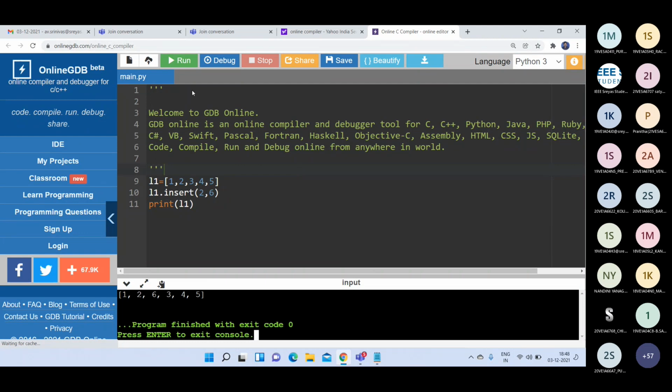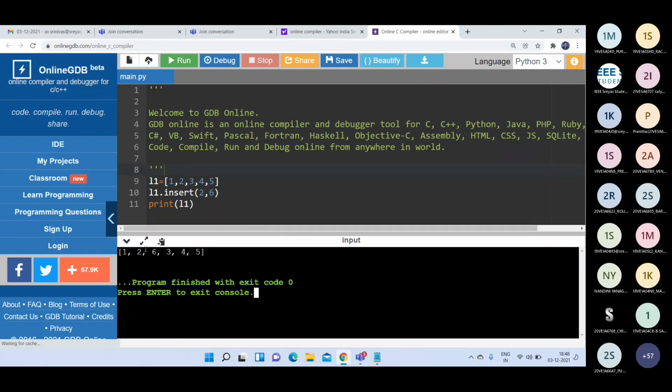See the output here. At the second position, 6 will be added. Is the output visible to you? Yes, sir. So if you see the output, 6 is inserted at the second position.